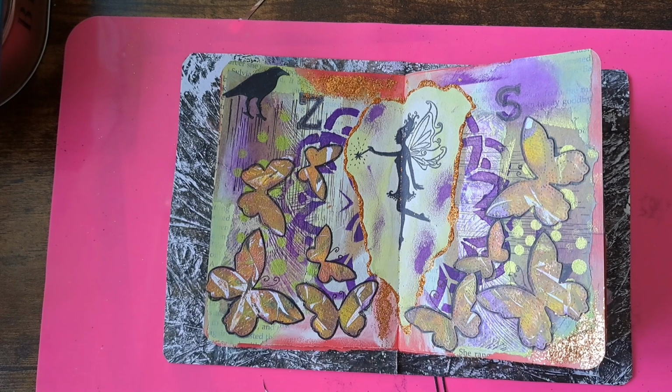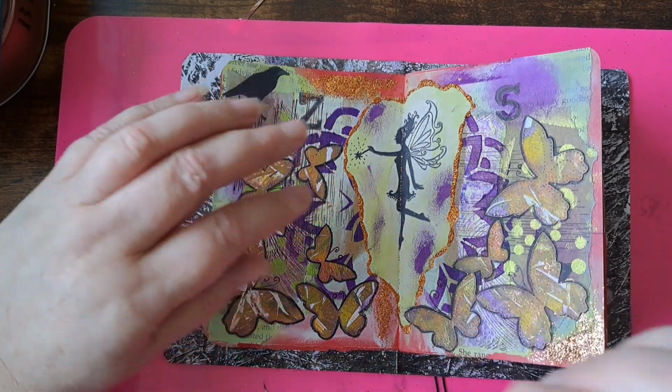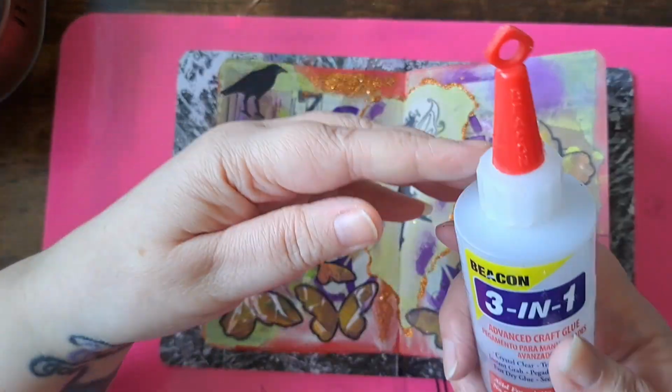PVA, and I can't find my PVA, bear with me, not prepared as normal. Oh my goodness, it is nowhere to be seen. What have I done with it? Oh, blimey. I can't find it at the moment, but I got a large bottle, and it's got a nozzle,